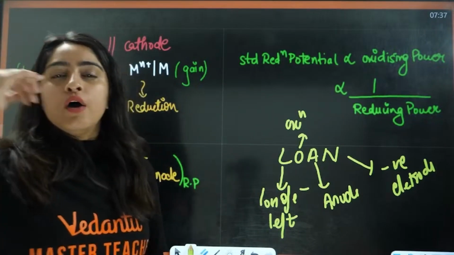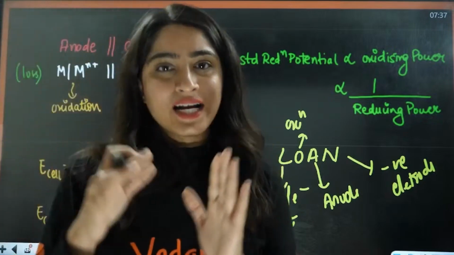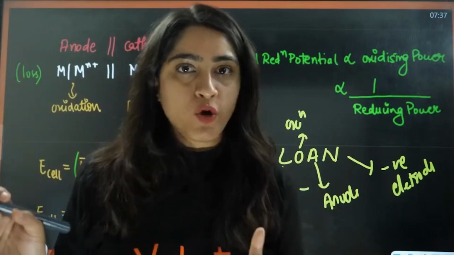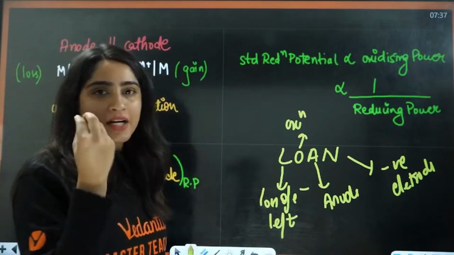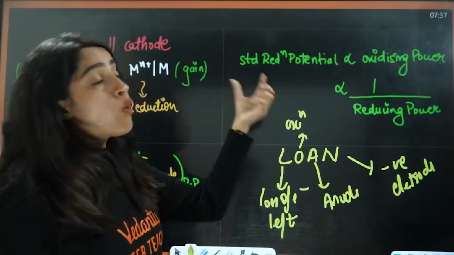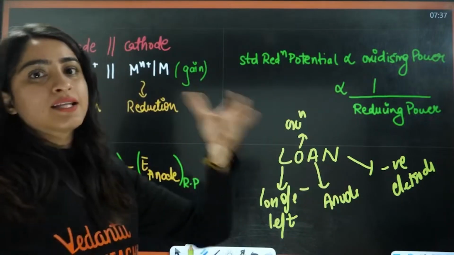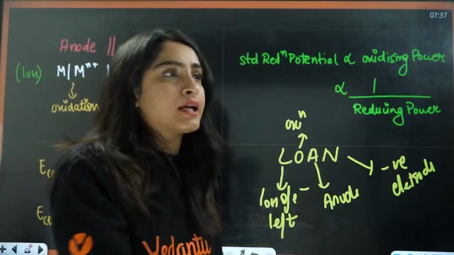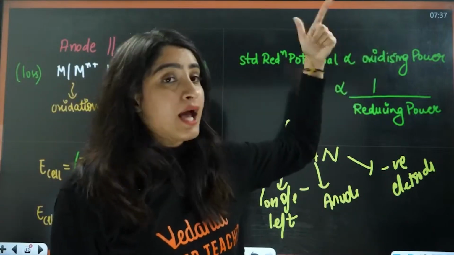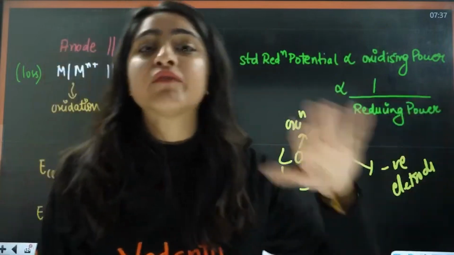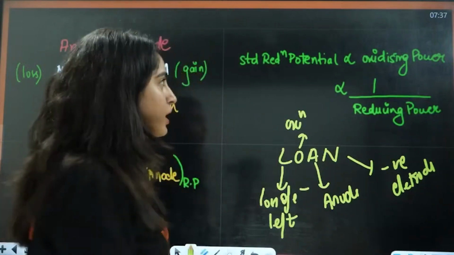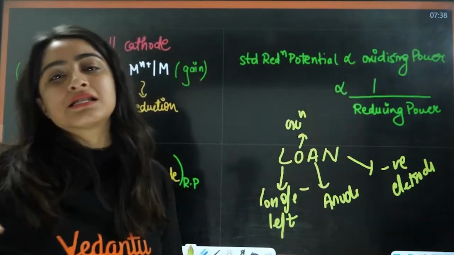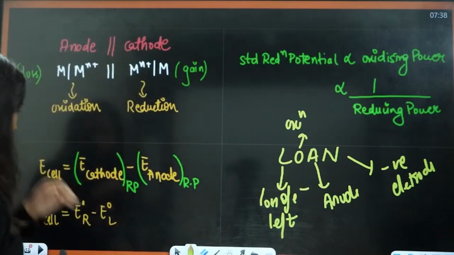And now we will make one reactivity series here. I have done the reactivity series part also. Now, in the reactivity series, what you will see: the more the reduction potential, that thing wants to get reduced here. That means it will oxidize the other thing. That means the oxidizing power is very high and the reducing power of the other thing will be very low. So here, more is the reduction potential, more is the oxidizing power, and less is the reducing power.